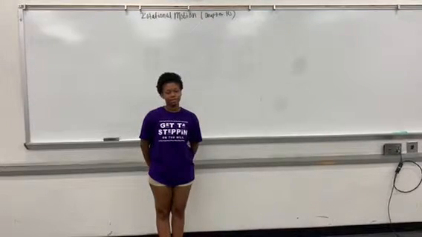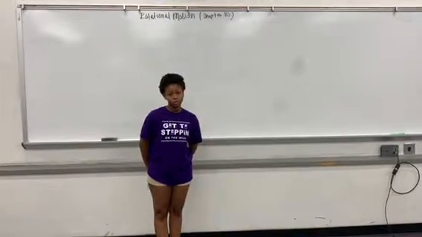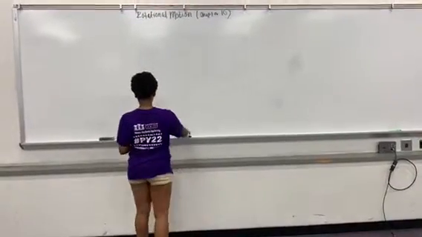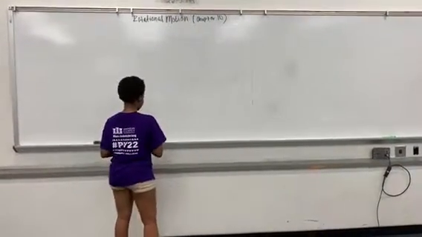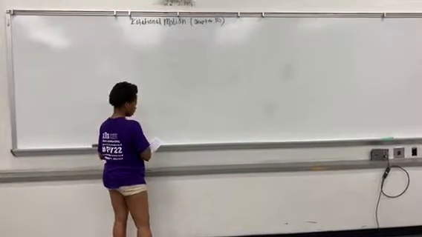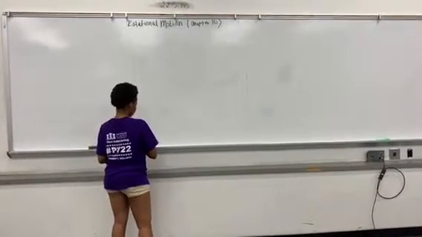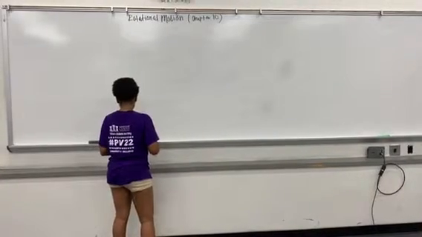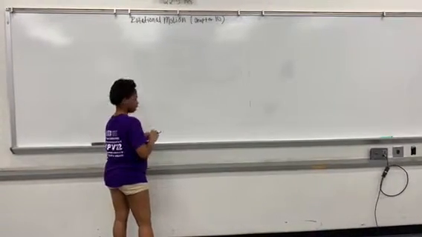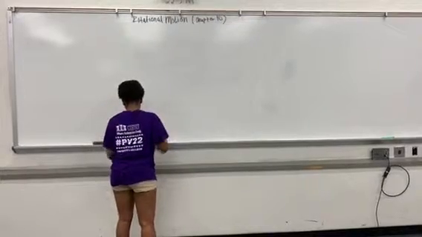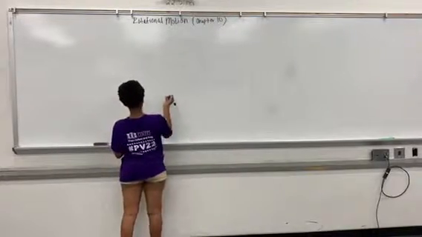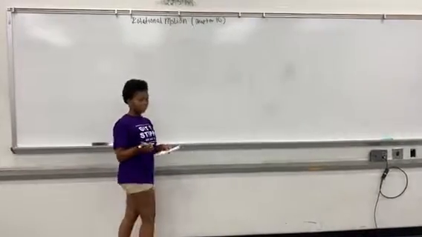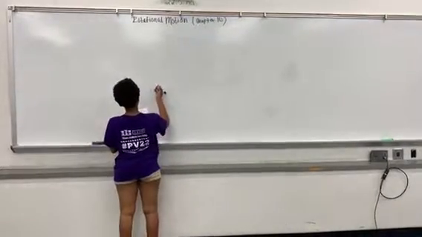Okay, I'm Deja Tool, and my problem will be showing you the net work on an accelerating propeller. It says the net work done when accelerating a propeller from rest at an angular speed of 106 radians per second is 2,537.8 joules. It's asking what is the moment of inertia for the propeller. So we have our work,